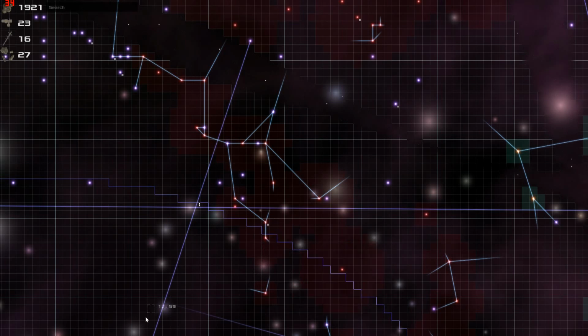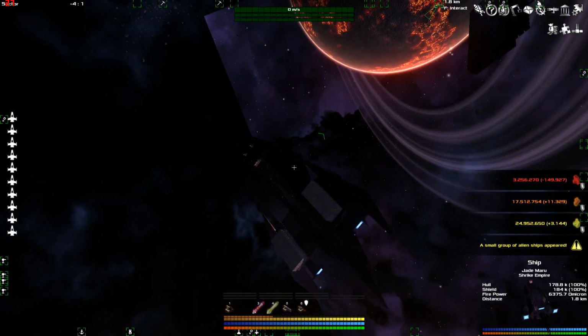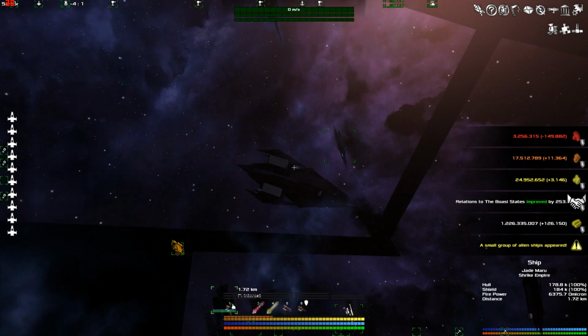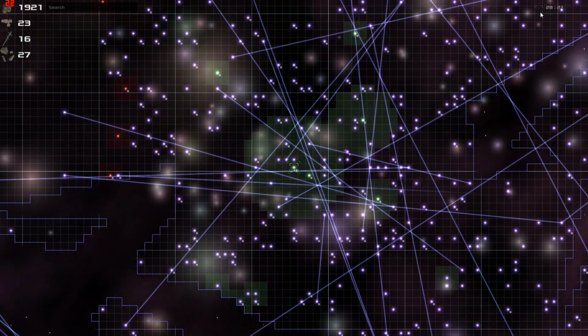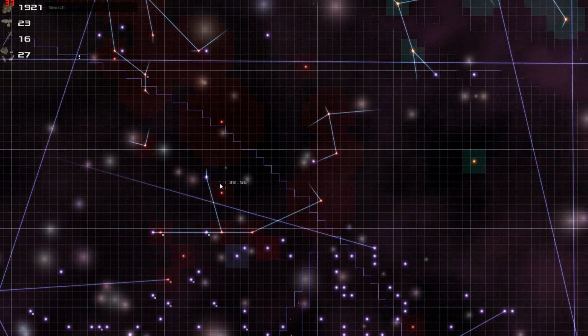Let's see here. First, we're going to see what just jumped into the sector. Small group of alien warships here. We're going to let the system defenses destroy them before I leave, because that's happened to me before, where I left and they hadn't destroyed them, and then eventually I lost the station because I wasn't in the system. So we're going to run back to the galaxy map here, and we're going up to my favorite place to actually